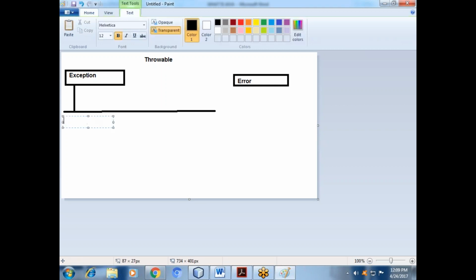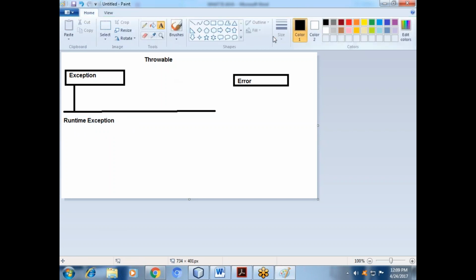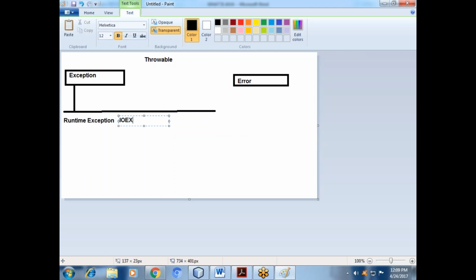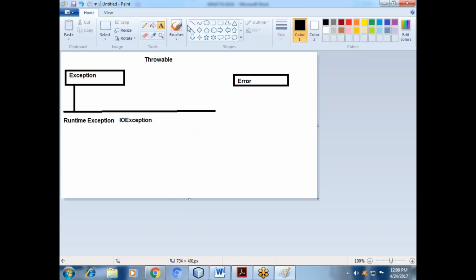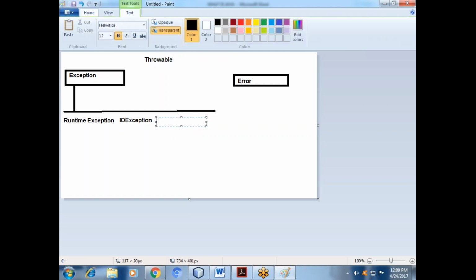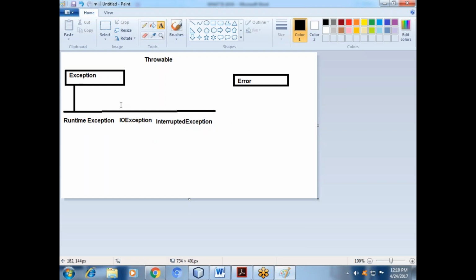You can say RuntimeException, IOException, and then you will get ThreadException, InterruptedException. So inside the Exception you will see all the more important classes in the hierarchy.